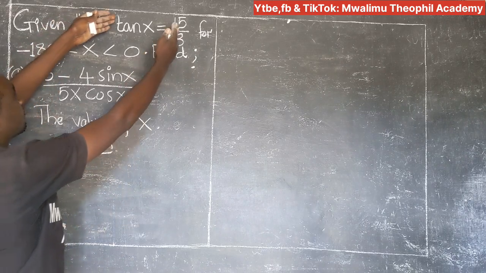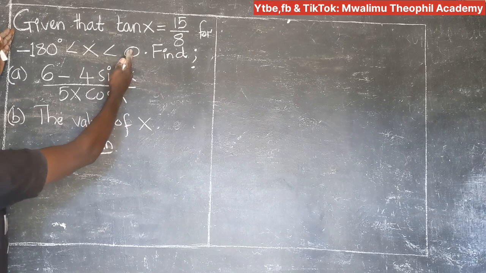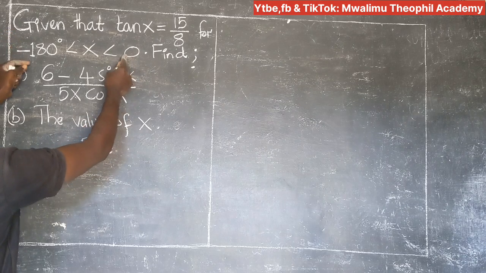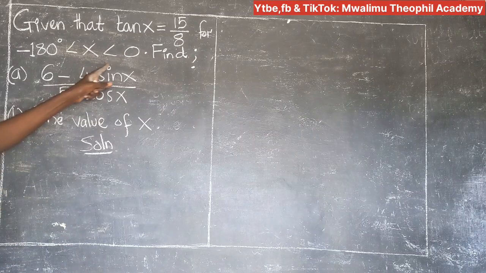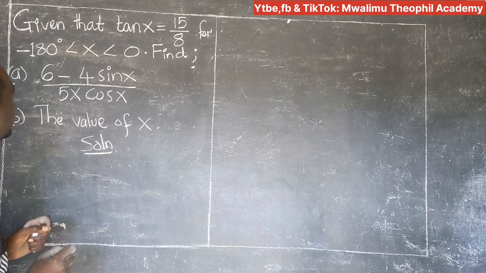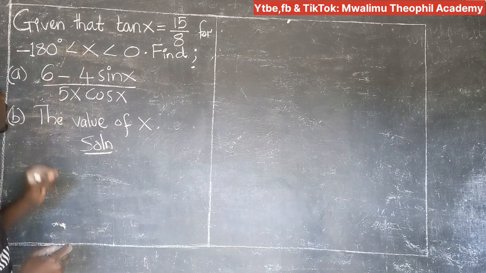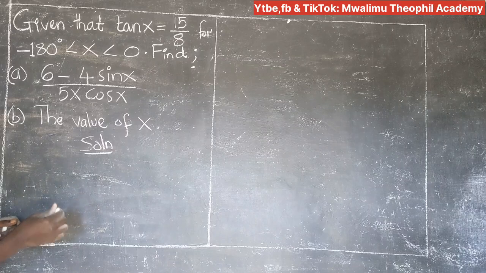Here we are given the value of tan x, and the range into which x is found is between 0 and negative 180 degrees. It means that x is a negative angle, as from 0 up to negative 180 degrees are all negatives. So first of all, you have to ask yourself, in which quadrant can I find the angle x whose value of tangent is positive? To know that, let's consider this approach that all